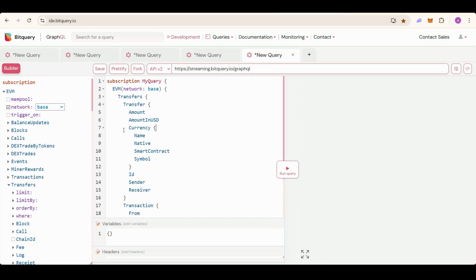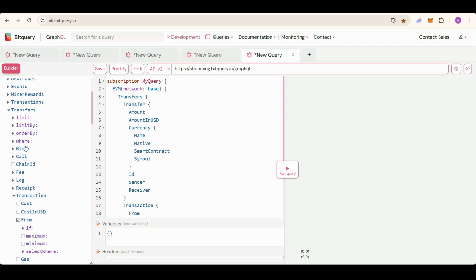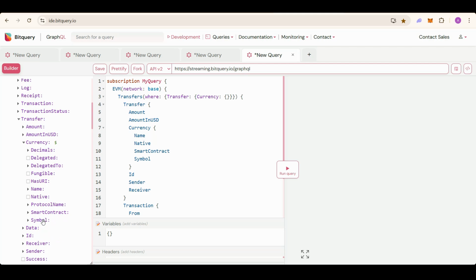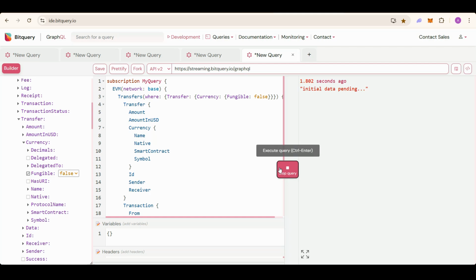We have copied over the API to a new tab, and let's start with the API to get real-time NFT transfers. First API was for all type of tokens. This API is specifically for the NFT transfers. Here we will select a filter using these differently colored attributes and clicking on where, then selecting transfer currency. So we'll need all NFT transfers in real time. So select currency and then select the fungible as false. That's going to be our NFT. And now run this query and you will see all the NFT transfers coming through, which are real time.